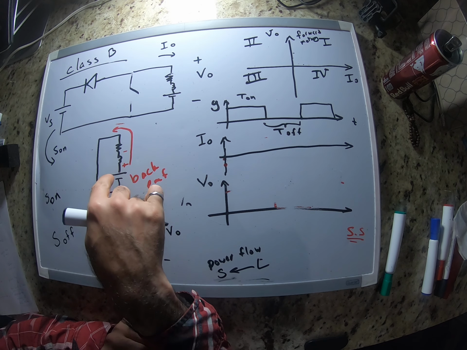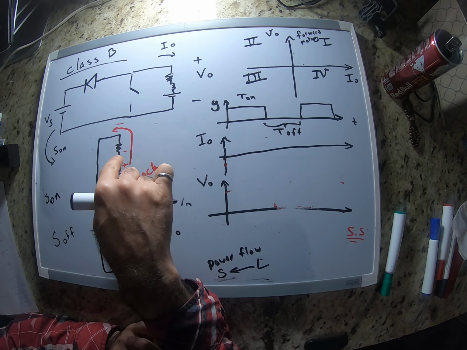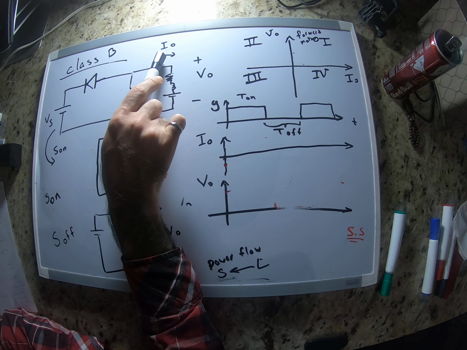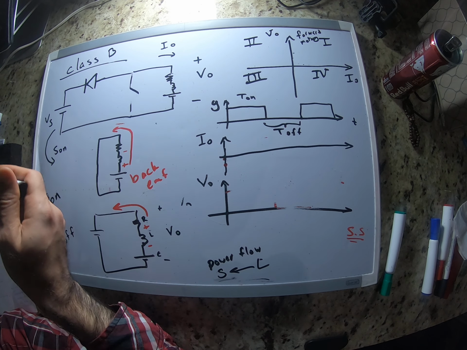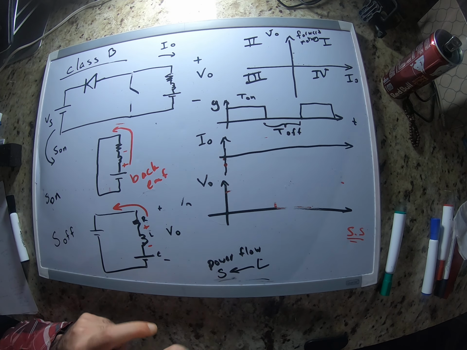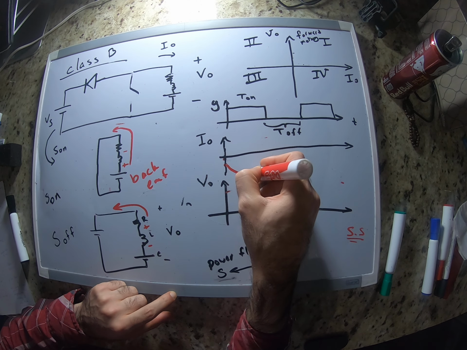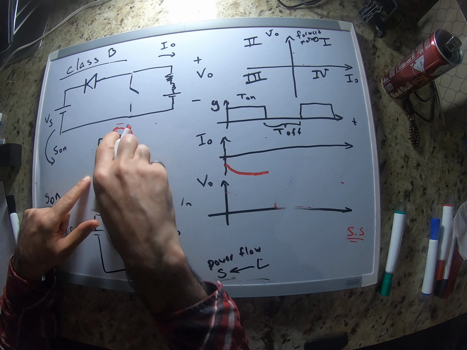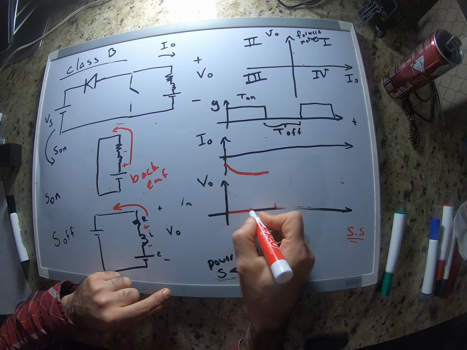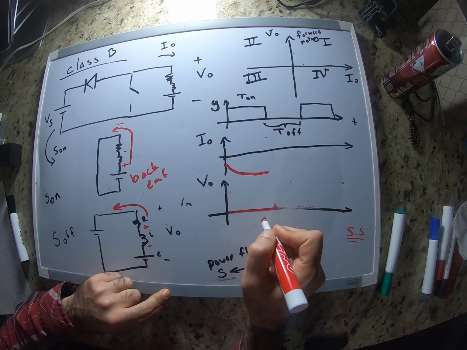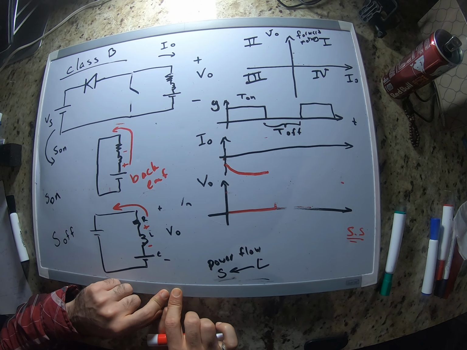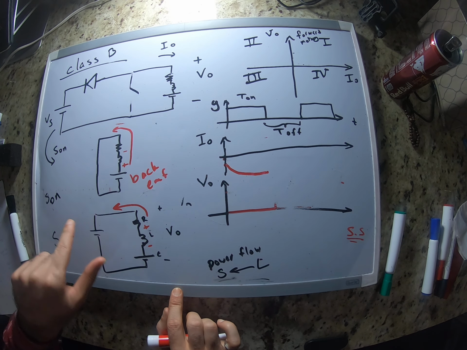Okay. In this case, again we have an RL circuit, and the current, because of the polarity that we chose for output current is from left to right, but now current is going in the opposite direction, so it's going to be actually negative. So it's going to start from here going negative up to this point, and in this case VO is going to be 0. Okay, and once you open this switch, what happens here, again we have an RL circuit, but